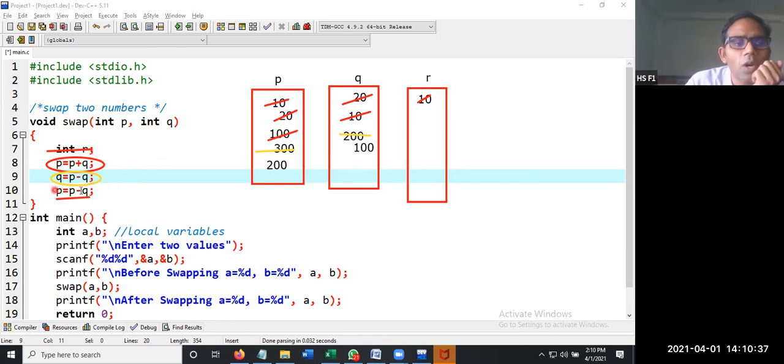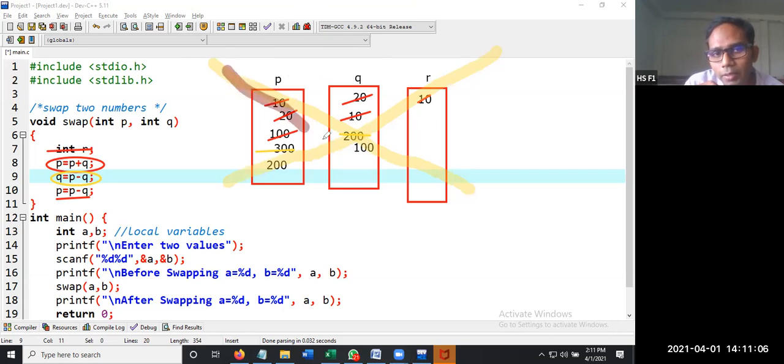Whatever modifications are performed on local variables, here integer P is a local variable, integer Q is a local variable, and integer R is also a local variable. By the time the cursor executes all these lines and comes to the closing curly bracket, this memory will be lost.